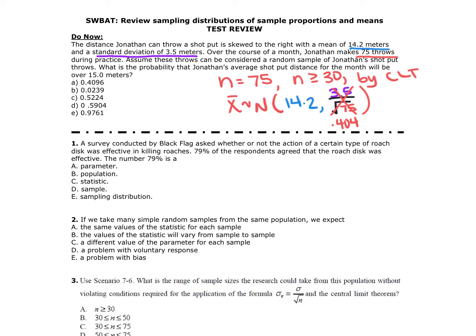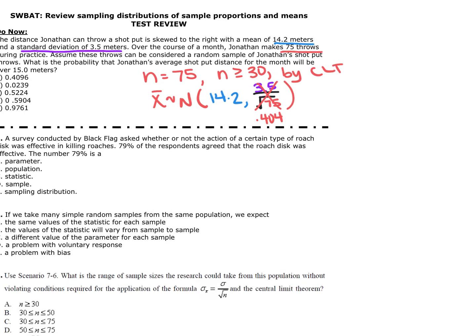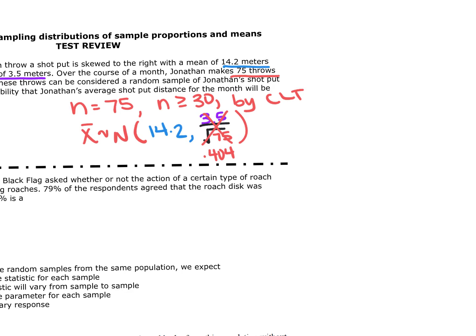And so now, because the distribution is normal, and I have a mean for this particular distribution, I can draw a normal curve. And on this normal curve, remember the mean goes in the middle. So place our mean at 14.2, right? And they want to know what is the probability that he has throws that are over 15 meters. 15 meters is going to sit to the right of that 14.2. So we'll be over here at 15, and over that means we need to shade this to the right. Well, this is just a normal probability, so we'll use normal CDF in our calculators,